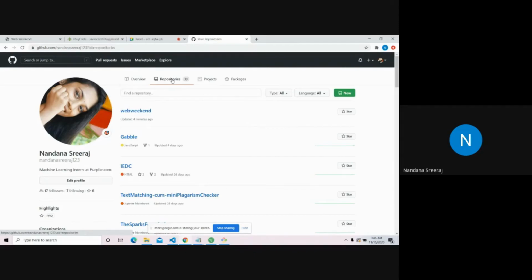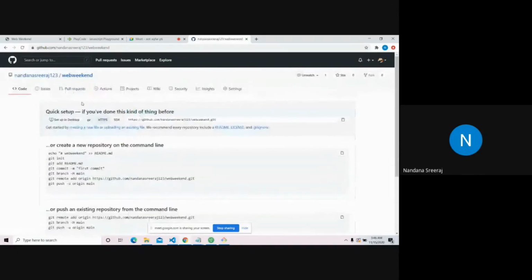Like you upload your photos to Google Photos, so that if you change your phone, you'll have the photos in your new phone also. It's kind of the same thing. So here we have something called a repo. A repo is kind of a folder, a simple folder. A folder on the internet, that is it. Simply a folder on the internet.